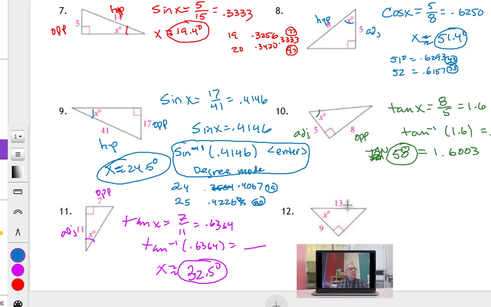Look at number 12. 13 is the hypotenuse. 9 is the adjacent. Adjacent hypotenuse, that's going to be cosine ratio. Cosine x is equal to adjacent over hypotenuse equals 9 over 13. To 4 places, that's 0.6923. And if we look that up in our cosine column,